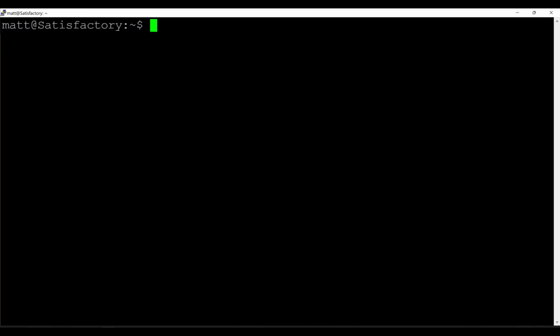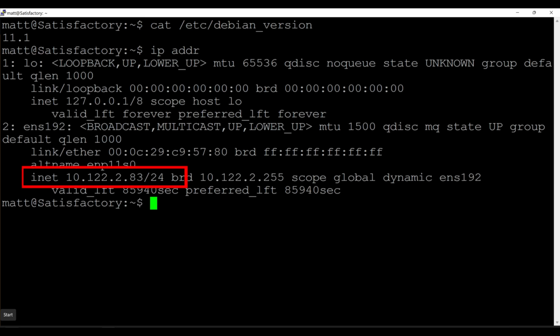I will go ahead and bring up my Linux terminal for my Satisfactory machine that I built. We'll check which version we are running. And sure enough, right now I am running Debian version 11.1. Now, since this is a brand new install of Debian, by default, the system is going to select DHCP for its IP addressing. And so if we check the current IP address with the ip addr command, it looks like our current address is 10.122.2.83. Now, unfortunately, that is a dynamic DHCP address, and we're going to want our dedicated server to have